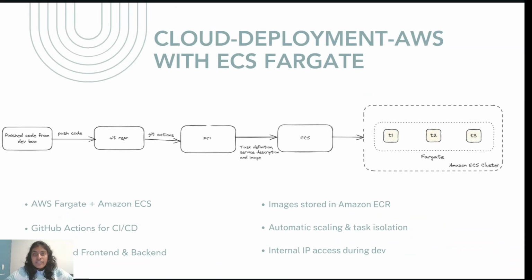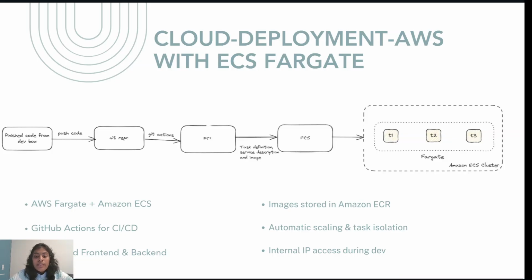Thank you, Vipin. Now I will explain how we deployed MCRP to the cloud and how our architecture supports a smooth serverless workflow. We adopted a cloud-native deployment strategy using AWS Fargate under Amazon ECS, which allows us to run containers without managing any EC2 instances. This approach perfectly complements the modular nature of our app. It's scalable, cost-efficient, and simplifies infrastructure management.